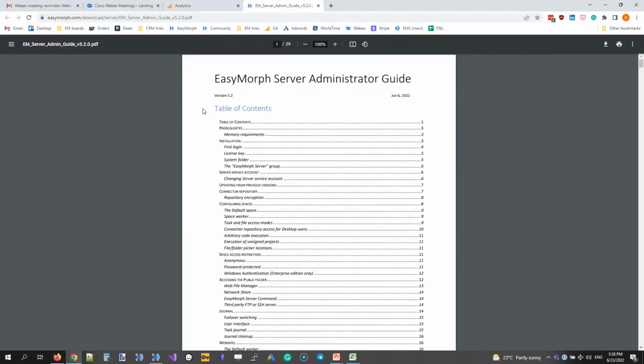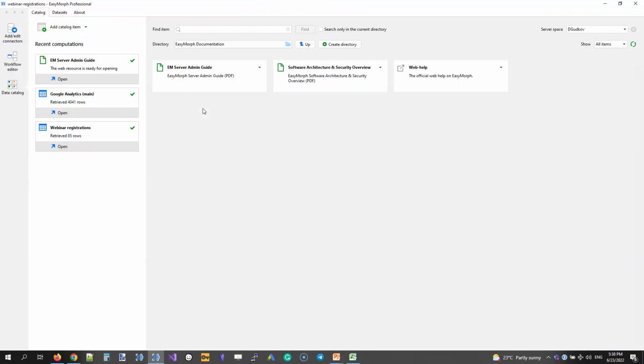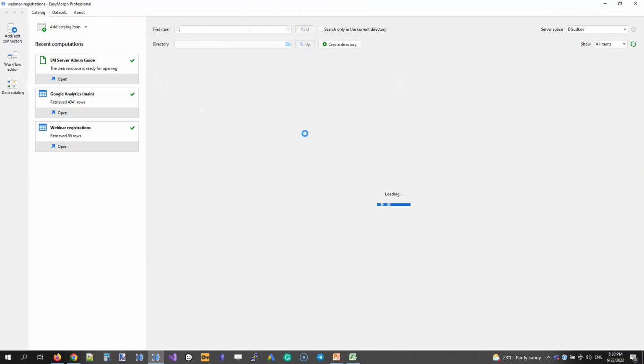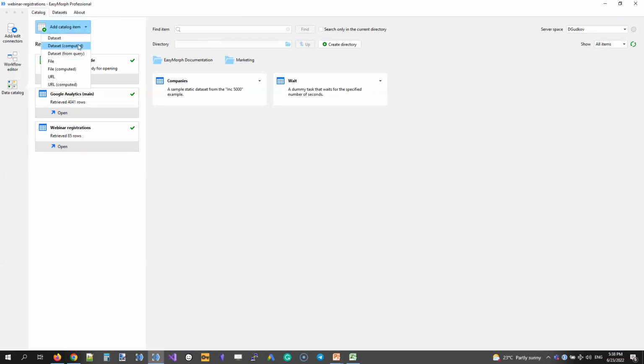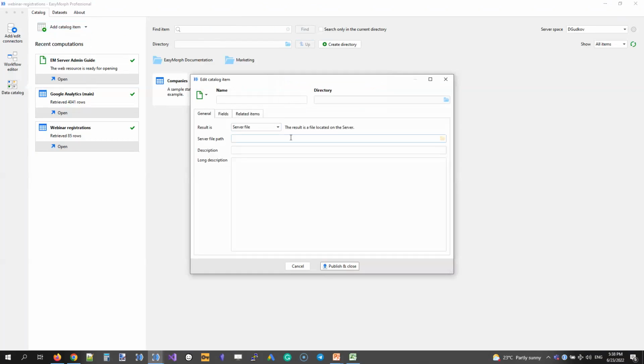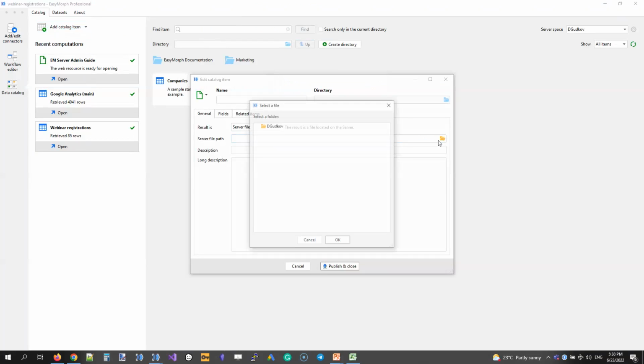In a similar fashion, I can deliver a file that is stored on a server on another computer. For this, I will add a catalog item, just to demonstrate how items can be created. I select file, file path.